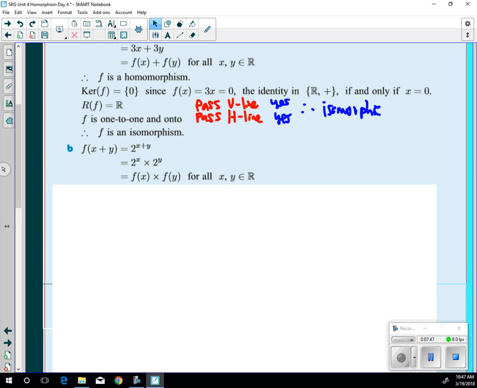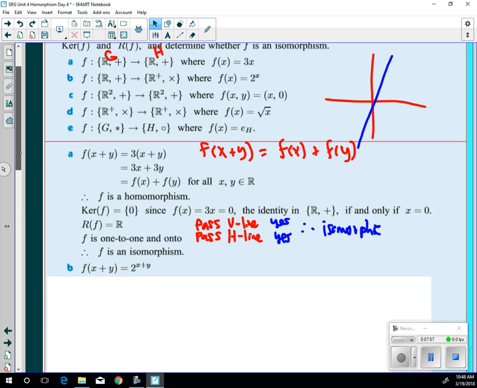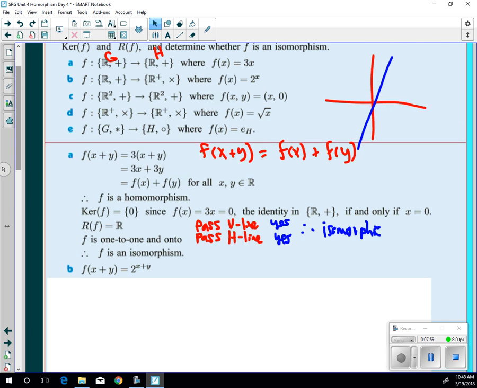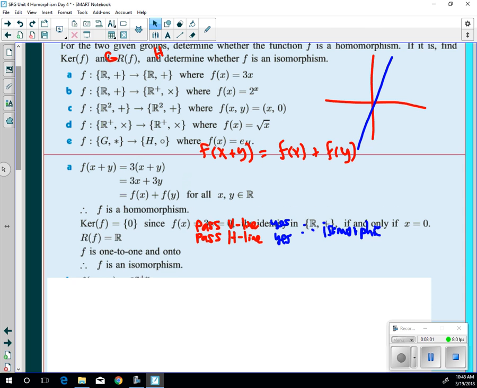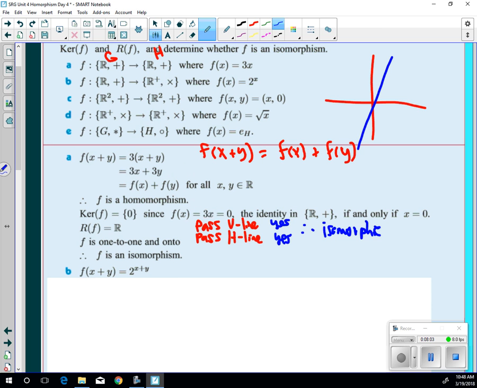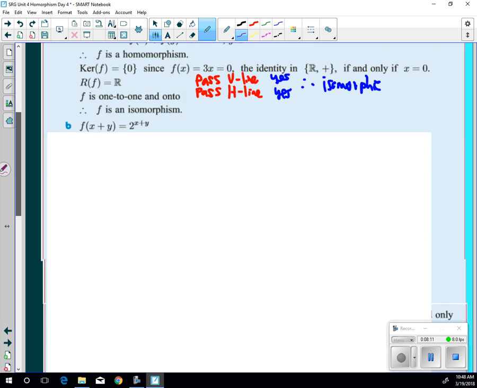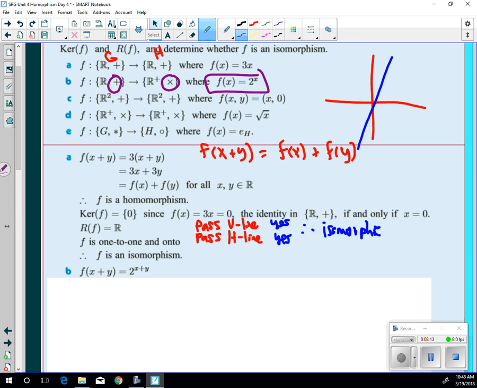Just a quick explanation of this part B. We're trying to show that f of x plus y equals f of x times f of y, because we're switching operations in B from plus to multiply over the function 2 to the x. Okay, so what we did then,